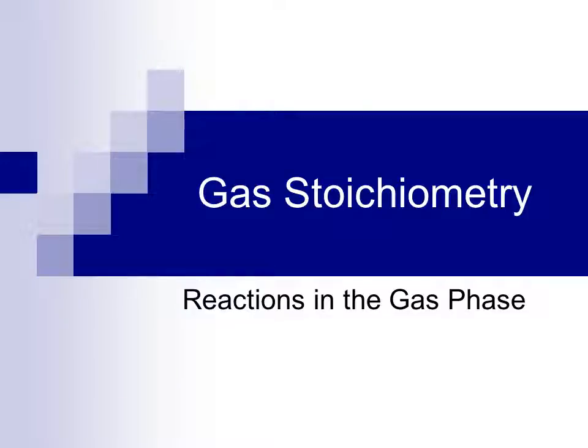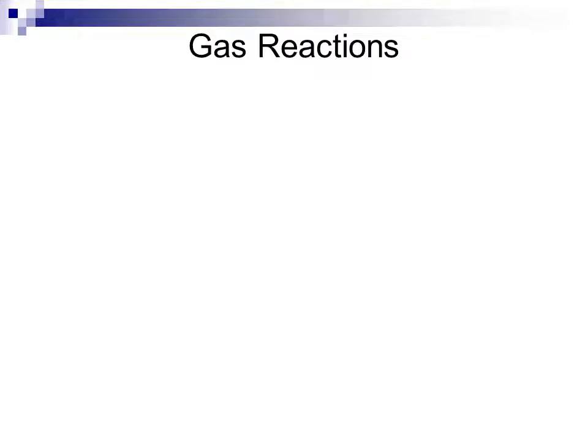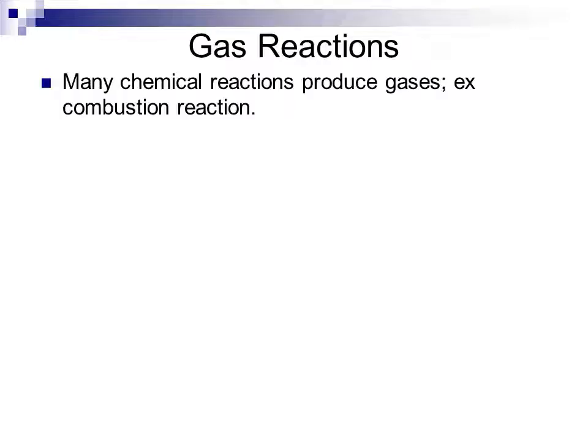Gas stoichiometry. When we look at different reactions, we find that there are a number of different chemical reactions that produce gases. There are also several different types of chemical reactions in terms of classification which produce gases as well. Combustion reactions will consume oxygen gas and oftentimes other gases and produce gases. But more importantly, we can look at things like solution state and solid state chemistry with the production of gases